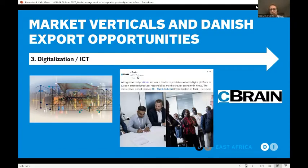We were just in Denmark a month ago where we saw the signing of an agreement between Cbrain. You may know Cbrain as the software that any ministry in Denmark runs on, which is true, but they're much more than that. They're definitely an example of a company that's grabbed this opportunity within waste management, not only in Kenya, but around the world, to say that, okay, we actually have a unique software that can help set up the digital infrastructure to handle these big producer responsibility organizations we now see shooting up,